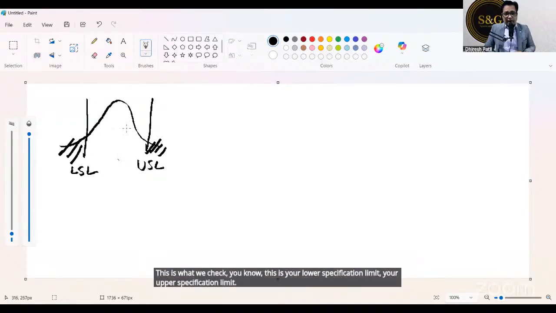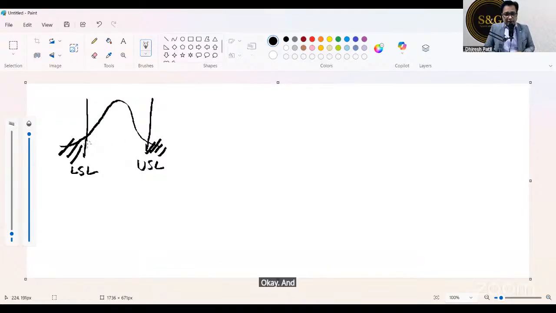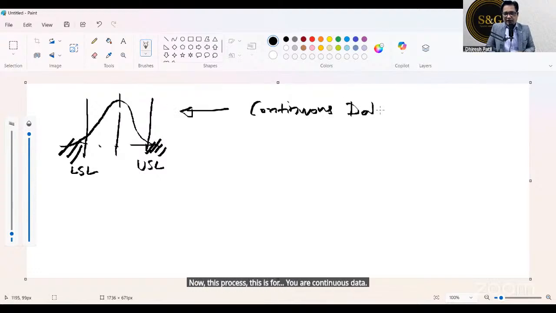Okay. This is how you check your process capability analysis. Now this is for your continuous data. You follow this sequence. Day before yesterday, on day 1, we discussed